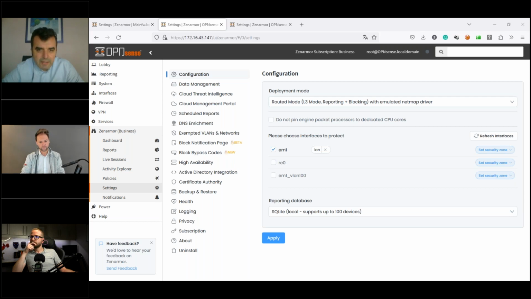If you tag an interface as WAN, your local connections will appear as destination in the report. So your reports will be a bit confusing. So it's important to tag the interfaces correctly.